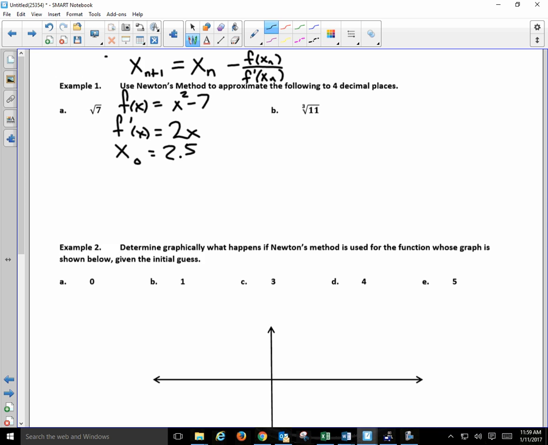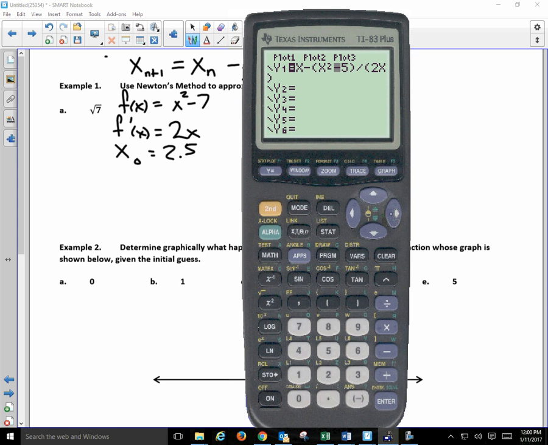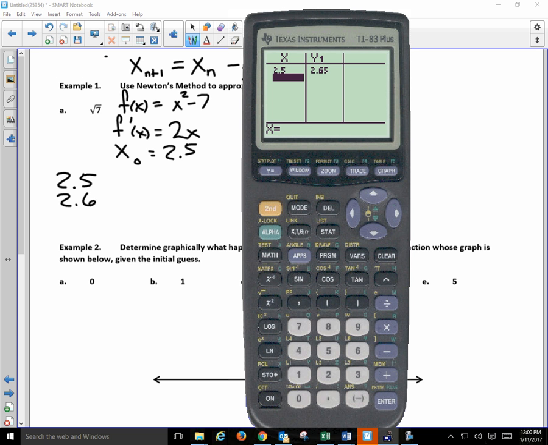Okay. So 2.5. So what I do is I go to my calculator, I type in Newton's method, which is x minus x squared minus 7 divided by 2x. Remember to put the denominator and the numerator both in parentheses. I go into my table. I have 2.5. My next guess is 2.65. So 2.5, 2.65, 2.6458,